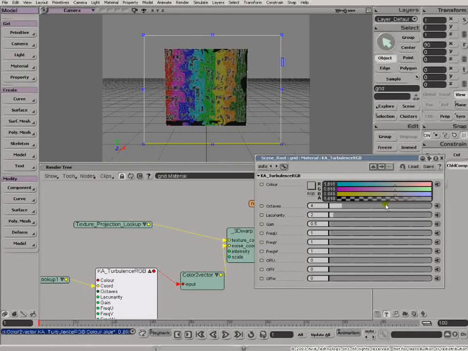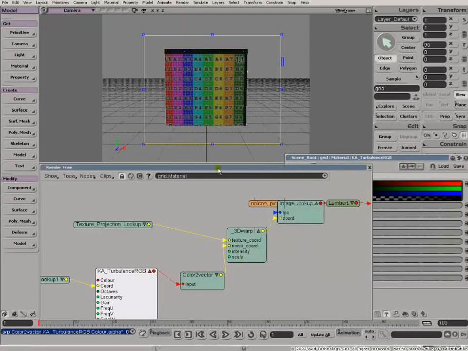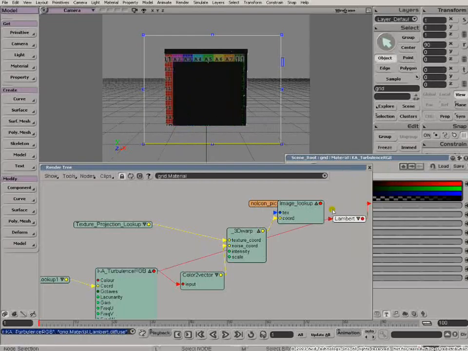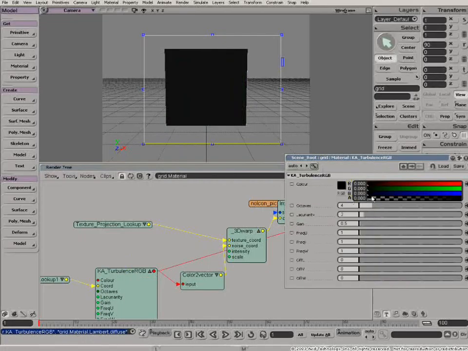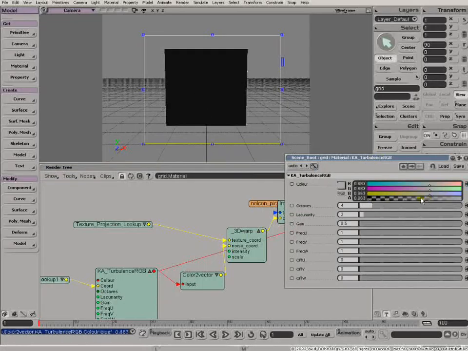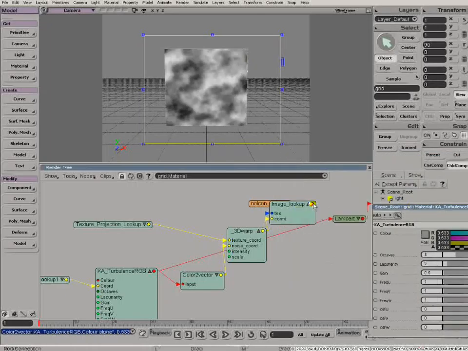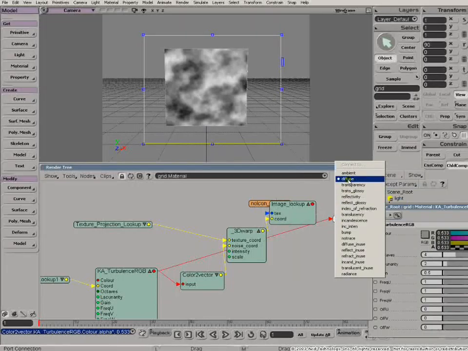If I bring the value of the color right down to 0, then because the output from this RGB node is going to be constant the whole time, as you'll see if I just quickly plug that into the Lambert diffuse input, that's the output of the turbulence node. You can see it's constant, so you would expect the distortion on the image to be constant right across the object. If I increase the value up to, say, there, and then go back and plug our image lookup texture back into the Lambert diffuse, replacing